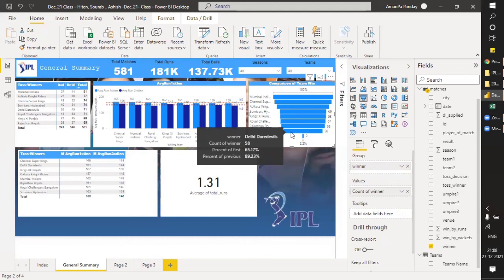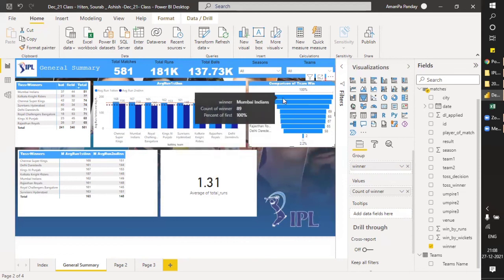Could you take the cursor to Mumbai Indians once? Yes, 100%, topmost. Whosoever is on the top will be the 100% in the percentile concept. So the topmost one will be taken as 100%, irrespective of its mark or score. Who is the first?